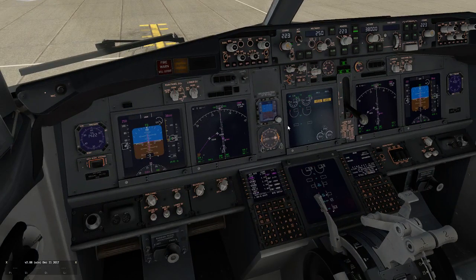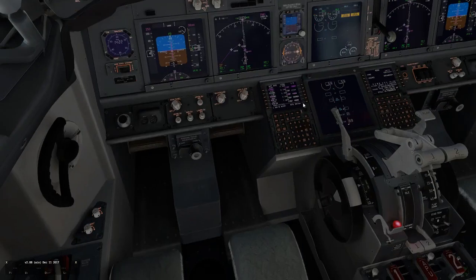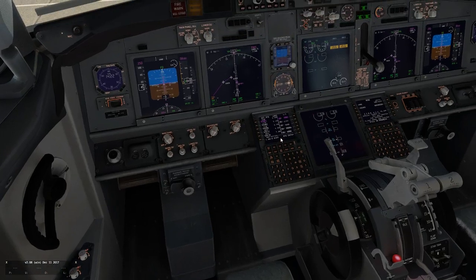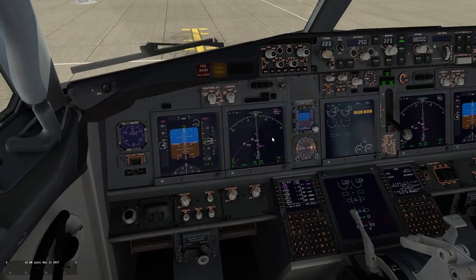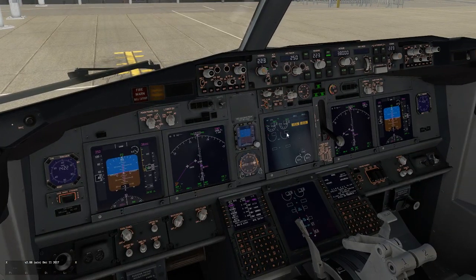And there we go. That's how to set up very quickly the FMC so that it includes your speeds and your altitudes. I hope you found this informative, and if you have any questions, leave them in the comments below,